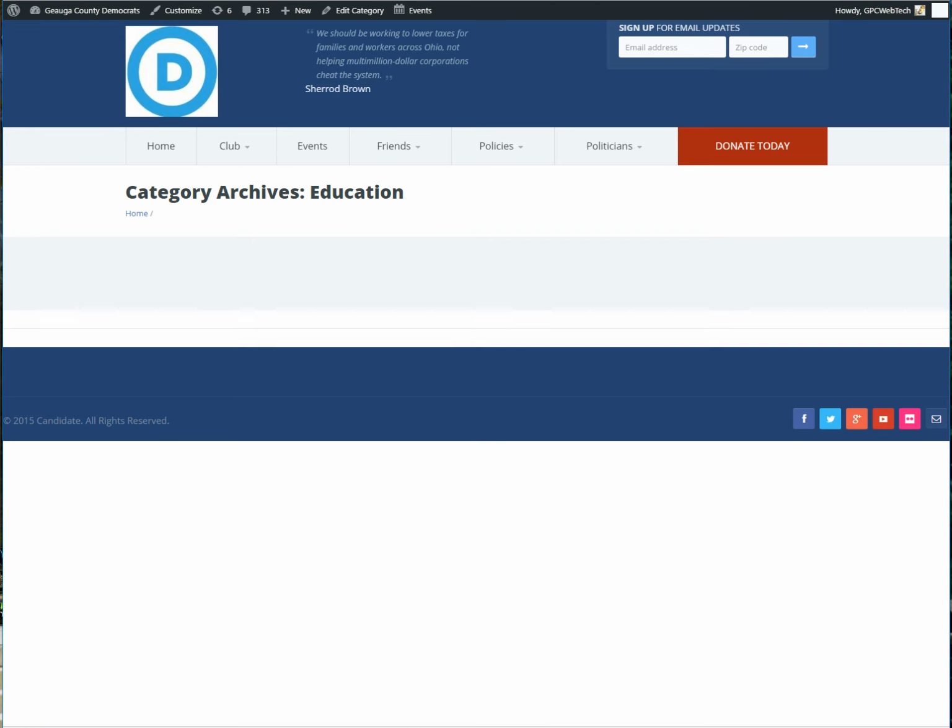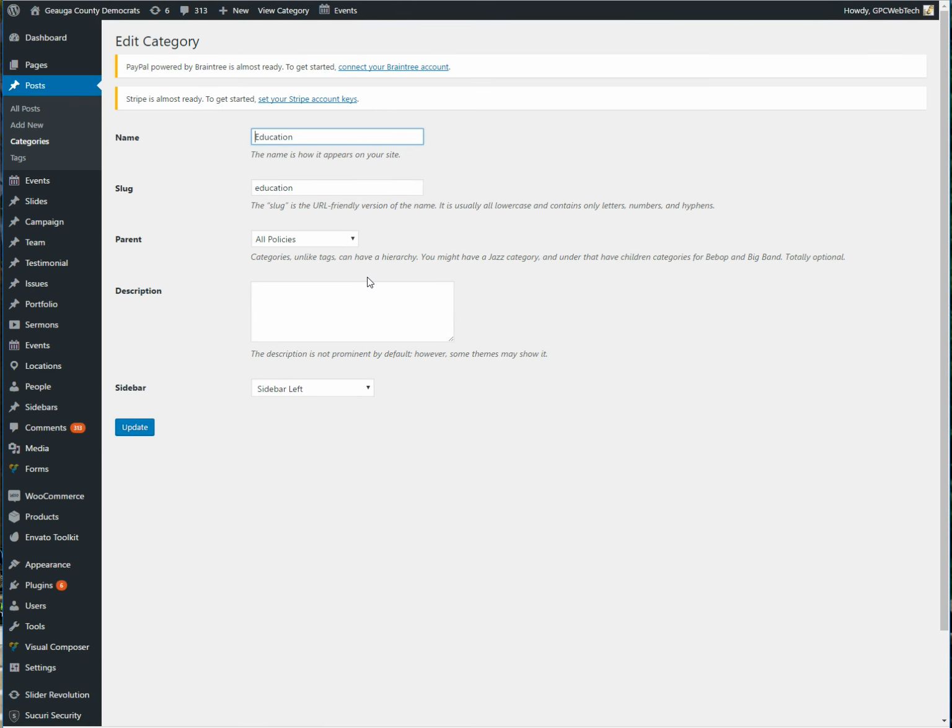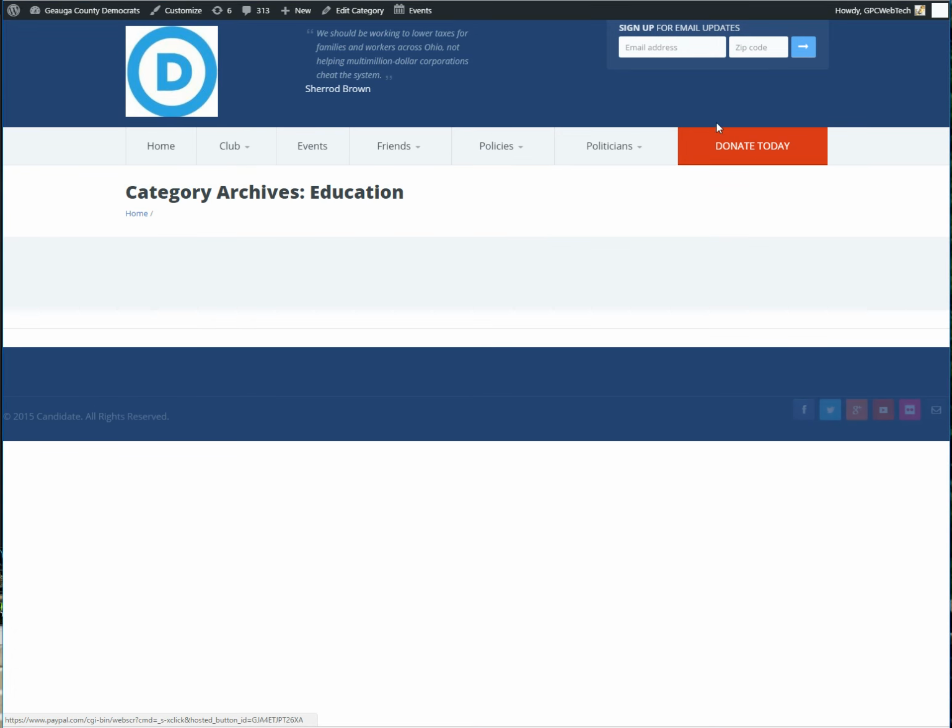You should be able to. I don't even know if Visual Composer. So these category bases, it's a default theme for all the category pages. You might be able to make custom category pages based on